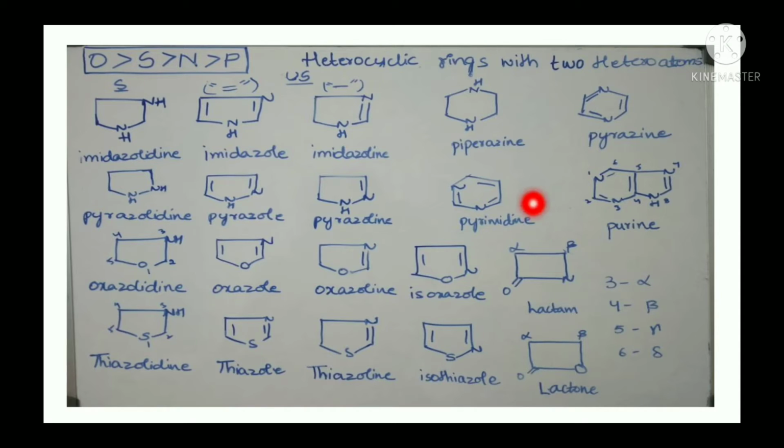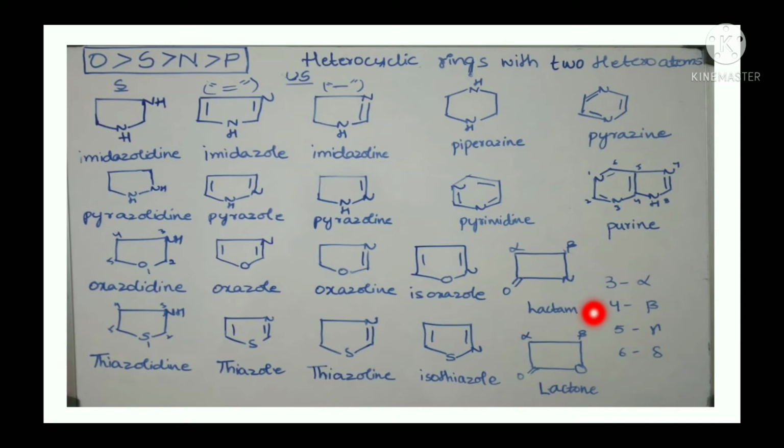Here you can see all the rings. You just pause the video and take a screenshot. Here we can get confused between the lactam and lactone ring. Lactam means it is a cyclic amide. Here we can see the functional group, C double bond O NH2, which is a cyclic amide, and here it's a cyclic ester, COO.